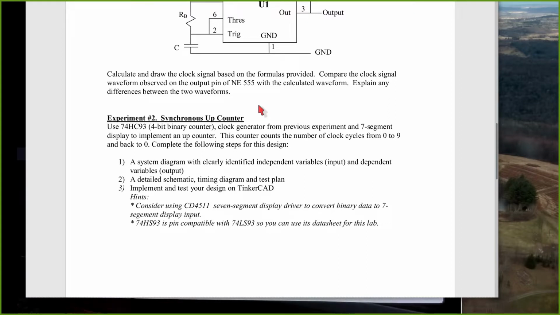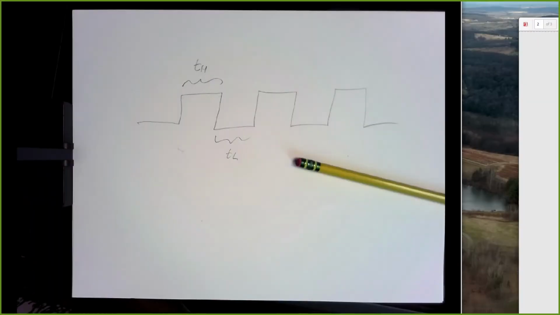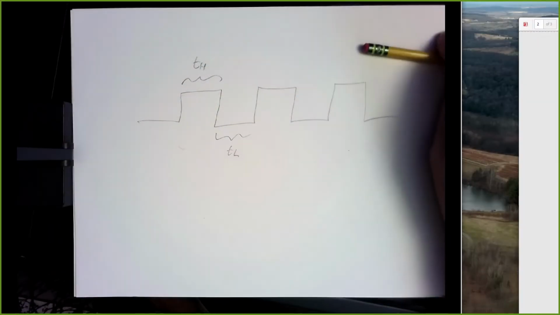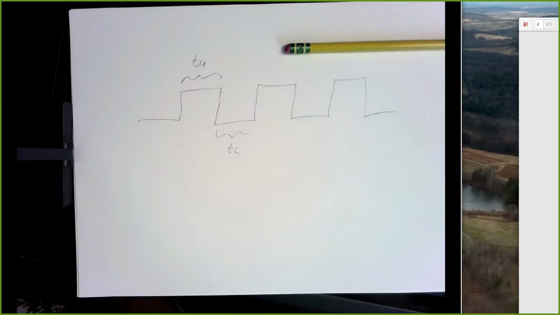But mostly I want to see this sketch, your calculations for what those time periods should be and what the expected waveform is. And then, if you want to say, yeah, it kind of looked like that, or it was hard to time using the oscilloscope, but I used a timer app on my phone and it looked like it was about this much time. That's plenty.